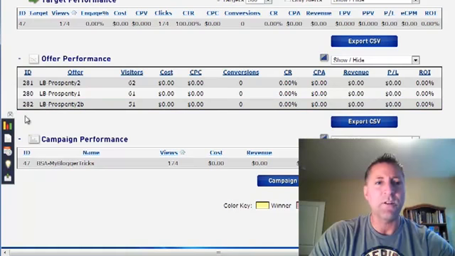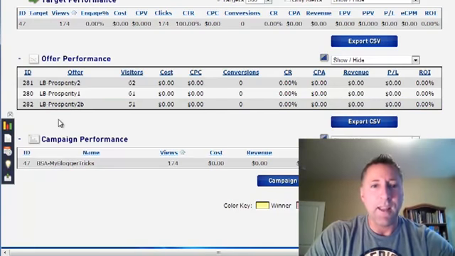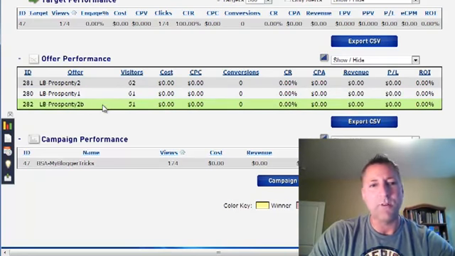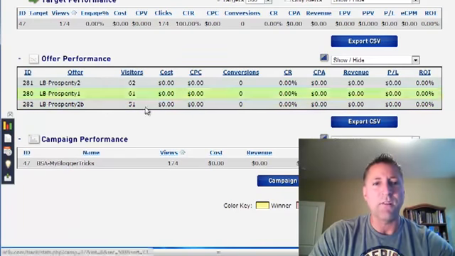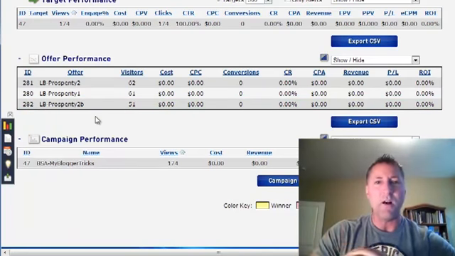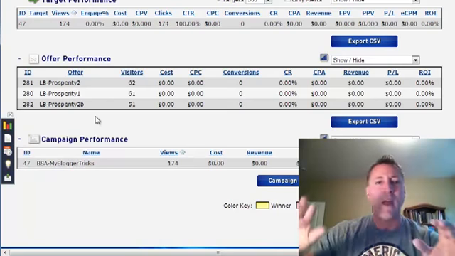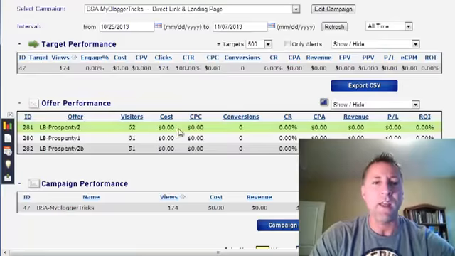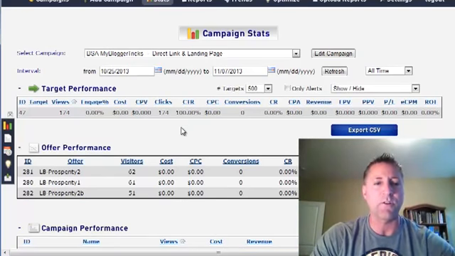So what this allows you to do is really split test landing pages. For example, I already know that this landing page, 2B, is getting a much higher conversion to opt-ins than the other 2. So once I know that for sure, and I've sent enough traffic to really verify that, then I can pause these 2 and run all the traffic to this one, and then maybe create another one and add it to it, all without disrupting my traffic or having to deal with changing the link on the traffic side. So that's one aspect of tracking and controlling where your traffic is going.